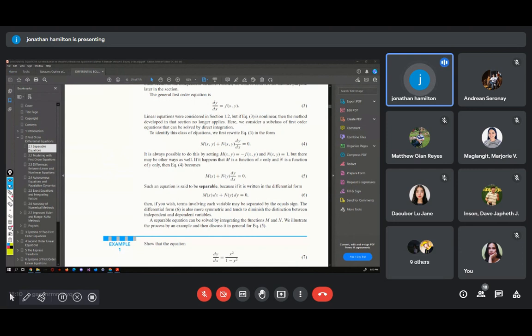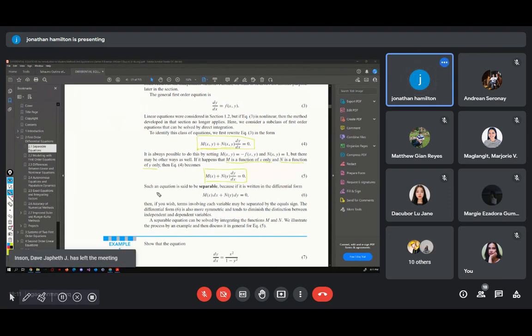So an example of this is we have a class of equations with m as a function of x and y, and then we have n, a function of x and y, times dy over dx. But what if we have a certain function where m is a function of x only and n is a function of y only? So we can change this equation into a simpler form. So let's say we can substitute this into m of x plus n of y times dy over dx, or the derivative, is equal to